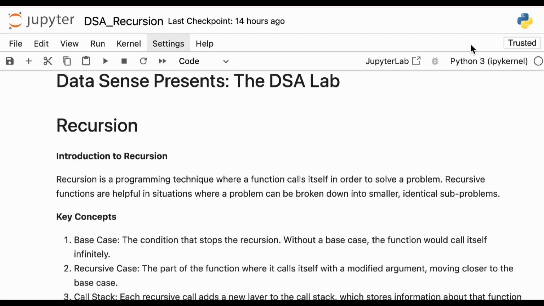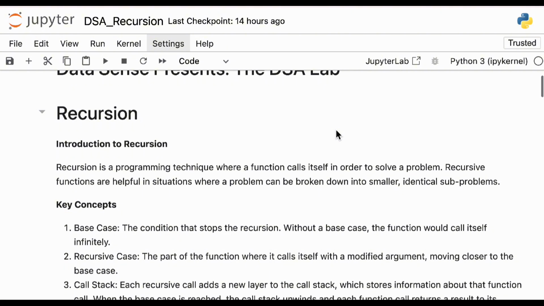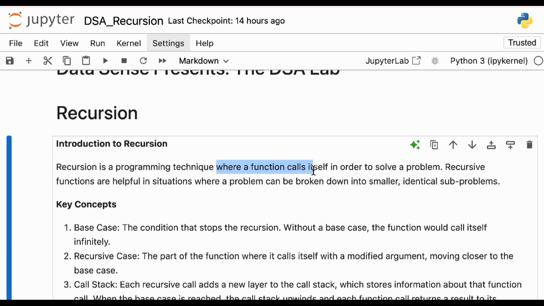Let us understand the theoretical definition of recursion first of all. The theoretical definition says that recursion is a programming technique where a function calls itself in order to solve a problem. Now, as soon as I said this, you must be thinking, what does it mean by a function calling itself? Because when we write a function, till we complete it, how can we call a function before it's even completed, right? Technically this is what recursion is. Programming languages allow that, but we will discuss what this exactly means. We'll understand it through an example, not one example, we'll see multiple examples, which will help you understand what recursion is.